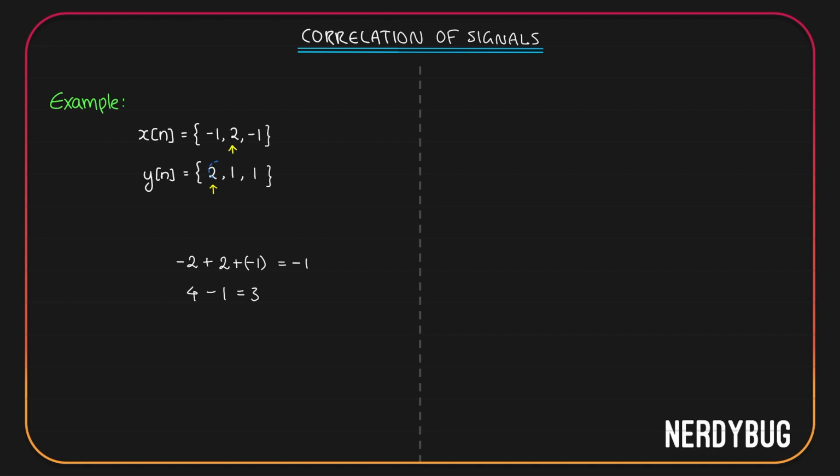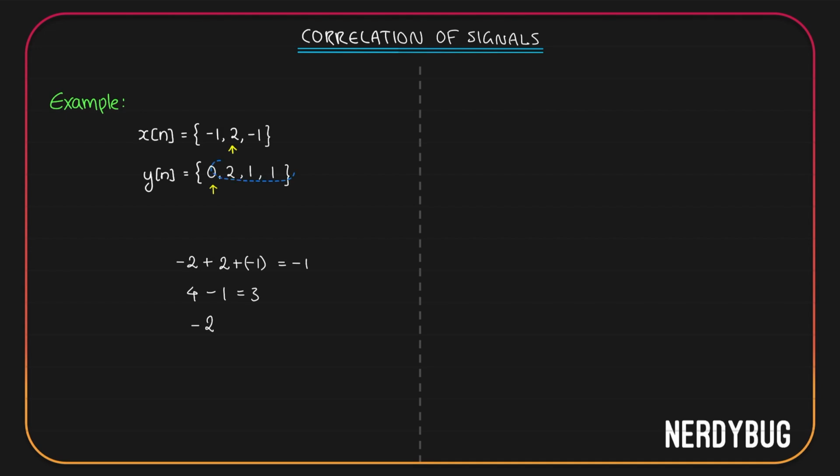I am going to shift the signal again towards right. To show that the zeroth term is now just behind 2, I have put a 0 there. Now 2 will be multiplied with 0, minus 1 with 2, 1 and 1 with 0, and minus 1 with 0. So we get 2 into 0, 0, minus 1 into 2, 2. So it is simply going to be minus 2.